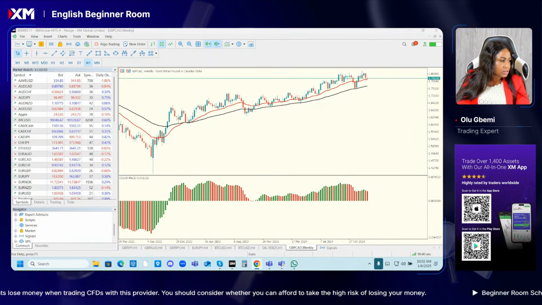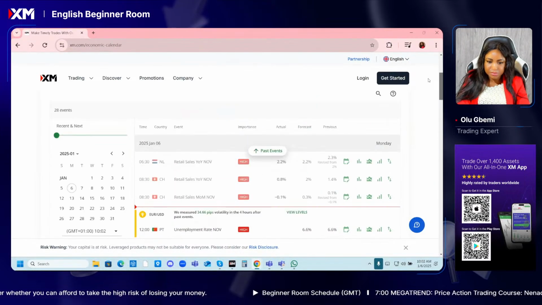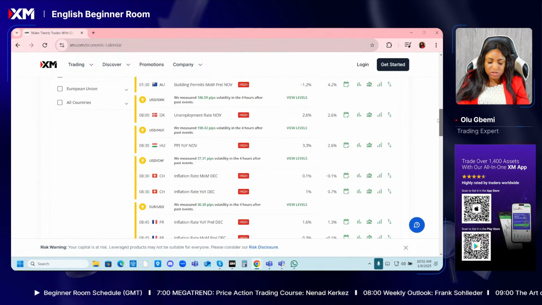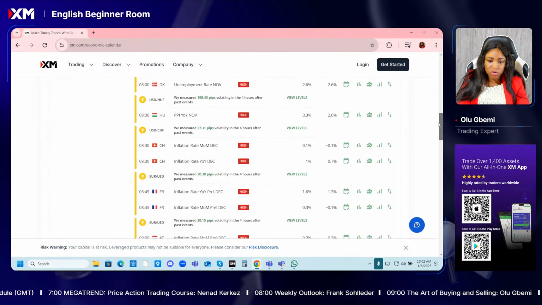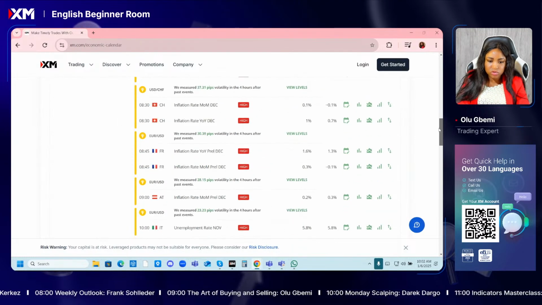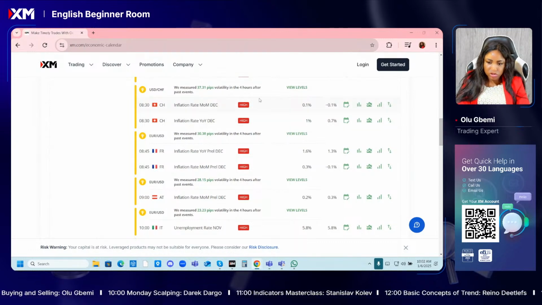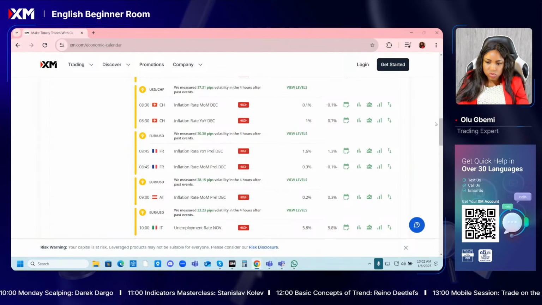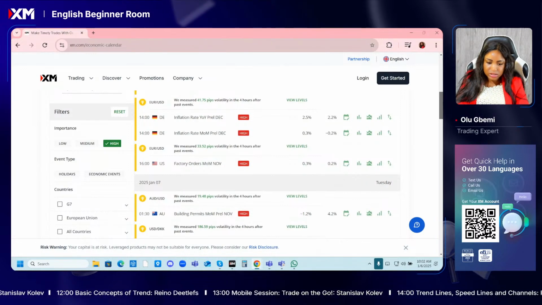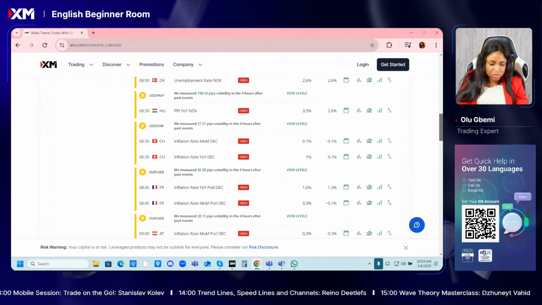Okay, let's bring out the economic calendar. So for the economic calendar, looking at what we have in the week, we have some news that is going to affect some of the major currencies. So I'm going to be focusing on the ones that have high impact, and I'm also going to be looking at just the major currency pairs that I like to trade. We see inflation reports for Swissy. Let's see, that's on Tuesday. Today, what we have for USD that is still expected is a factor of the month over month for November. That is still expected to be seen.